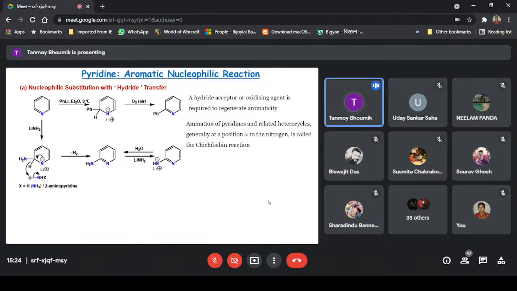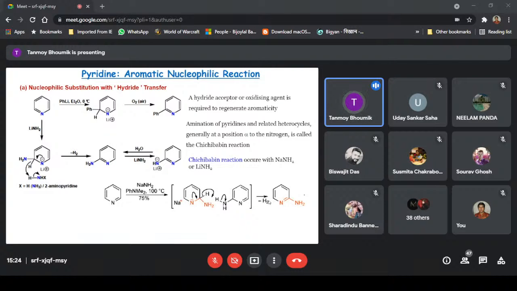occur at the alpha positions because, in this type of reaction, whenever the pyridine ortho position is substituted by any kind of halogen or proton, that is known as a nucleophilic substitution reaction. This is hydride transfer, and this is known as the Chichibabin